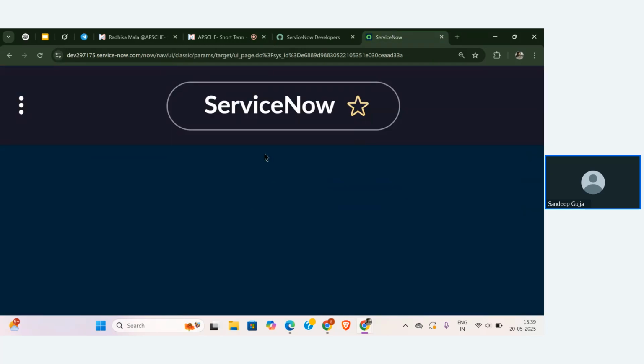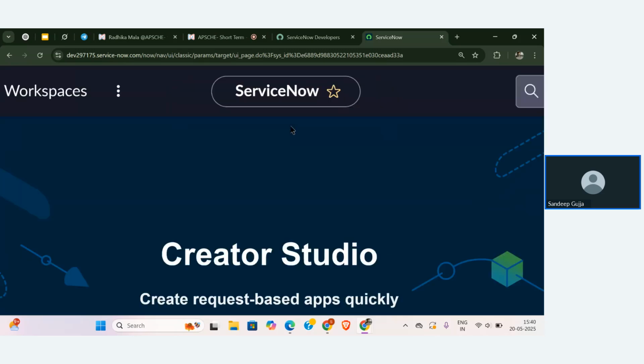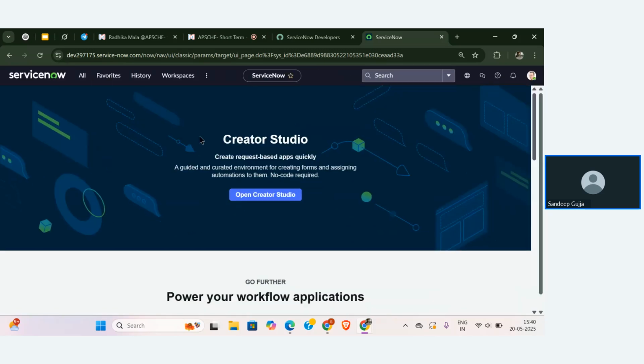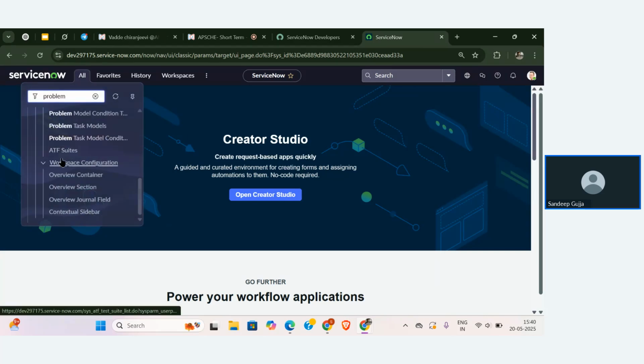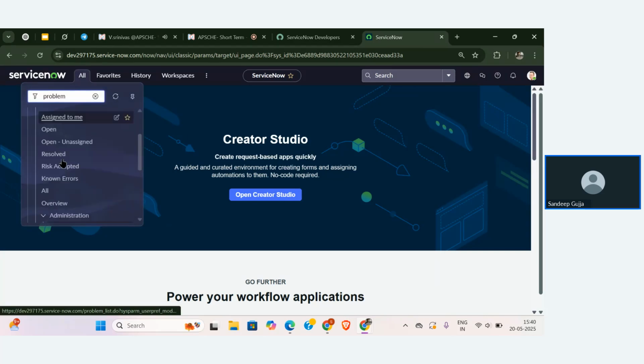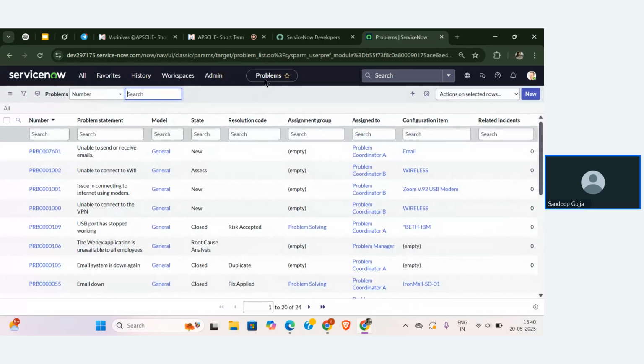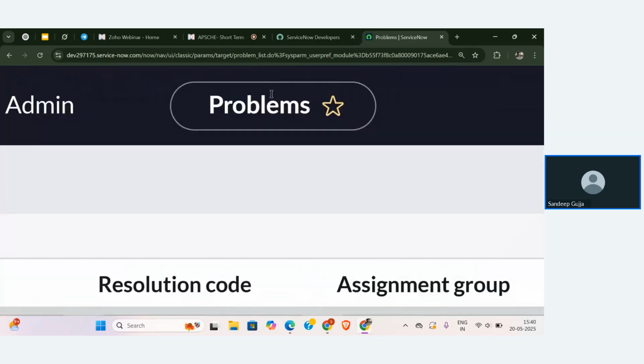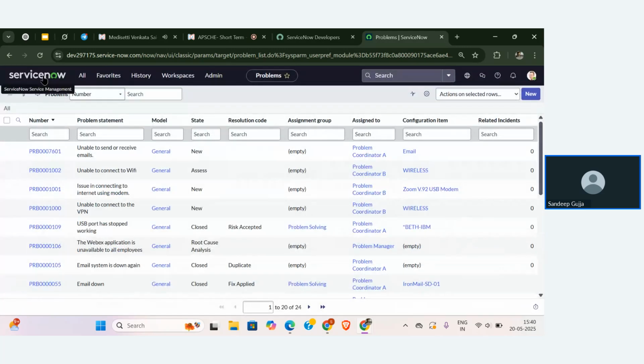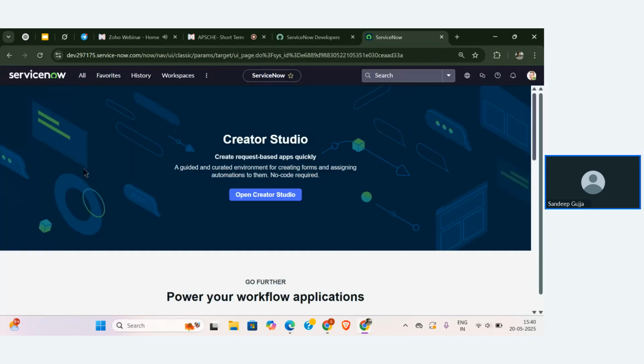So let's go with this thing. At the center, you all can see the name ServiceNow, right? That we call a contextual app bill. What is this? Contextual app bill. So what is the use of this contextual app bill? It is like whatever thing I am opening now. Suppose I go with problem records. Suppose I go with the problem records, it is showing you are in the problem table. So it got changed, right? You can see it got changed. So the use of this contextual app is that whatever interface you are going to, or whatever application you are working on, that will be represented.